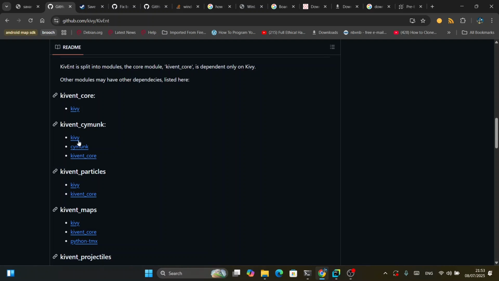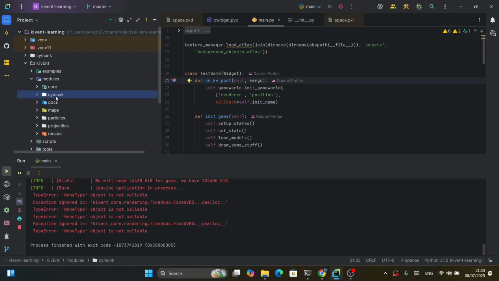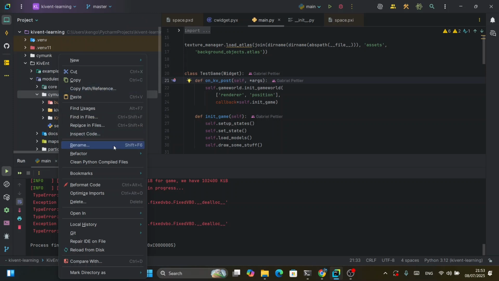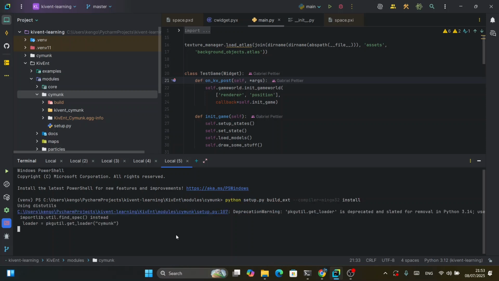Kivent SciMonk. So we'll go for Kivent SciMonk. We go to this side. This SciMonk is different from this SciMonk. This SciMonk is for Kivent. So as you can see, it has the Kivent module inside it here. Kivent SciMonk module. So I will open in another terminal. Press this,